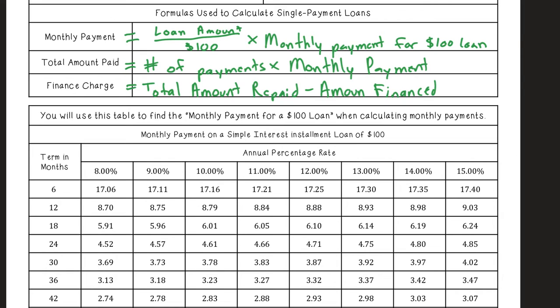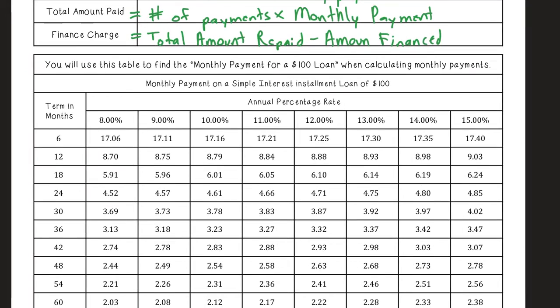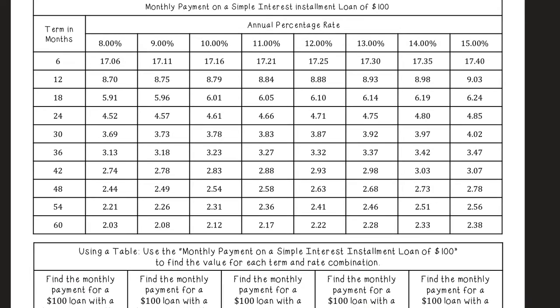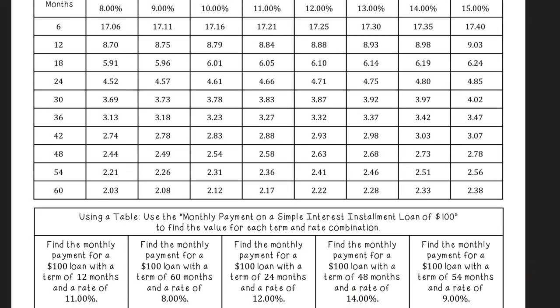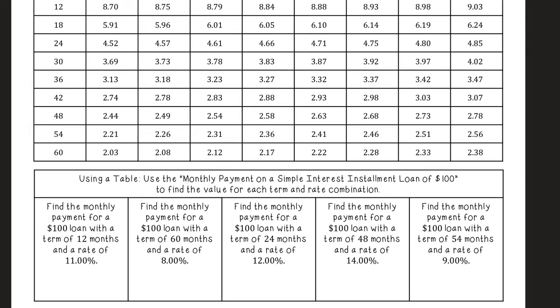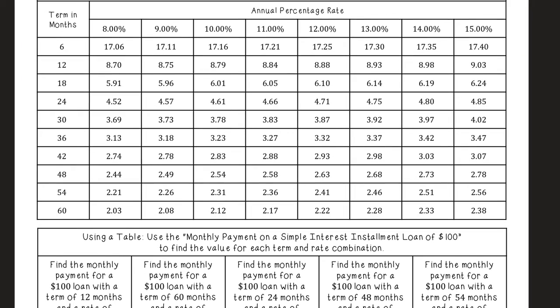So we just did down payments last time. Today we're going to bring things together. So you're going to get some help using this table to calculate a monthly payment. If you look at the bottom, it says, using a table, use the monthly payment on a simple interest installment loan of $100 to find the value for each term and rate combination. So for the first one, find the monthly payment for a $100 loan with a term of 12 months and a rate of 11%. So I go to my table, I look for 12 months, I look for 11%,